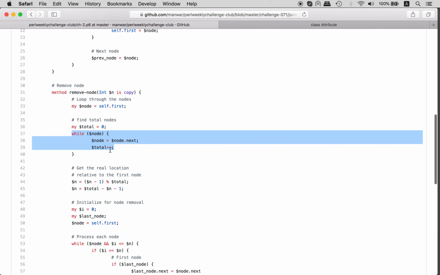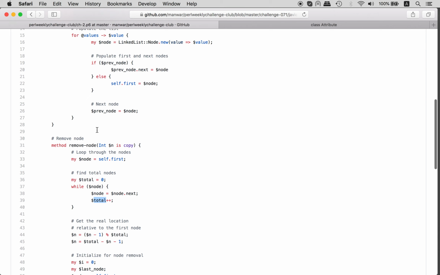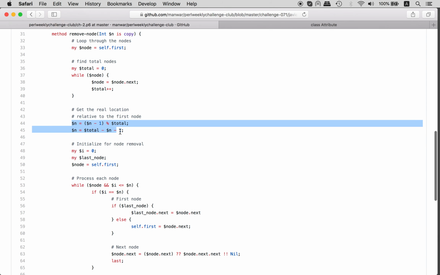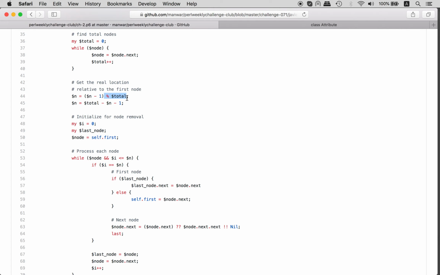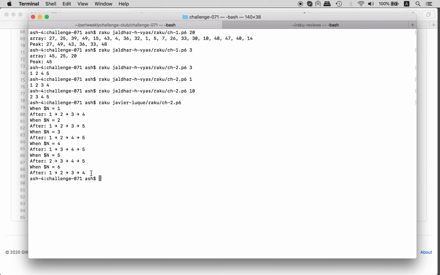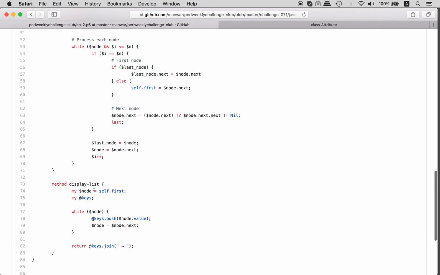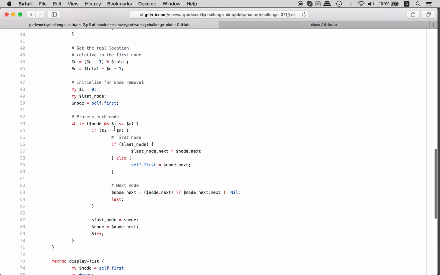Then total plus plus, we count the number of elements. We don't know the number of elements yet, so we count it here. Then right, we flip the index. Yeah, so it's a modular operation here, so we'll loop if the index is 3 and index is 8. Is it the same? Probably not. So yeah, that's why we saw it here, right? It should be here, but the modular operator moved us back to the beginning, well, to the end of the list. Right, so while there is a node and we didn't reach n, the index to delete,